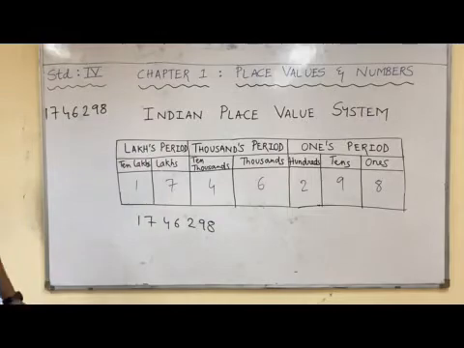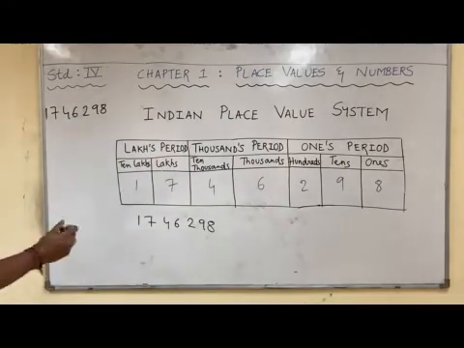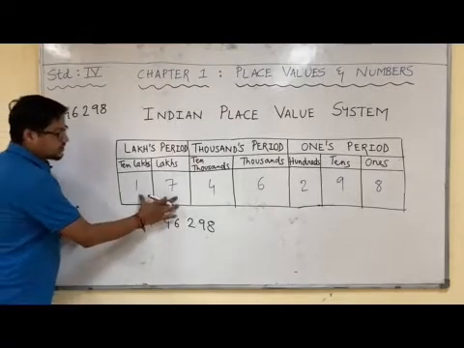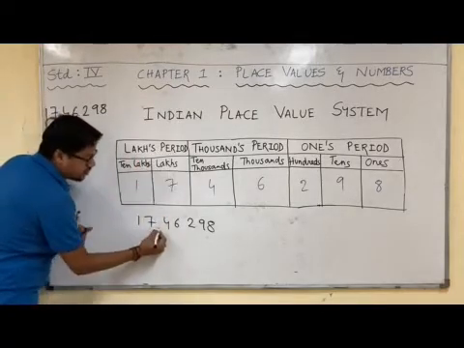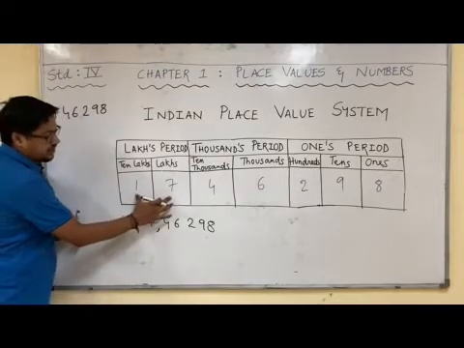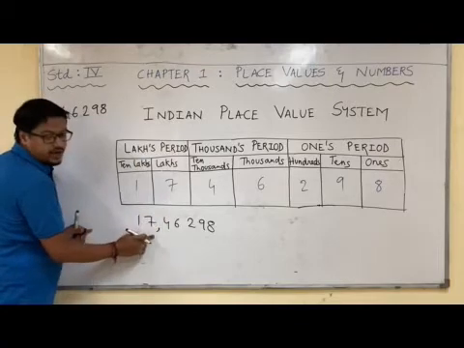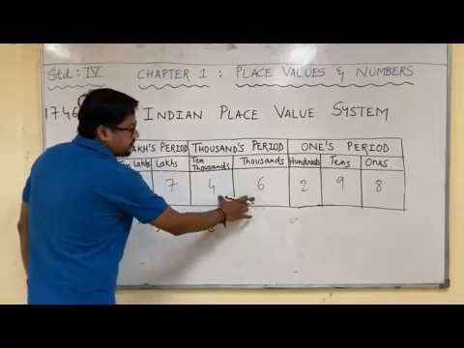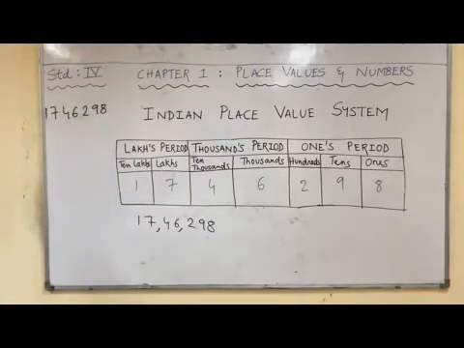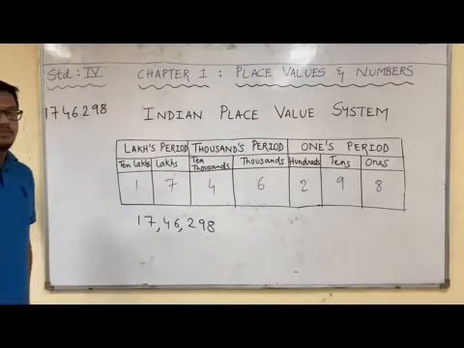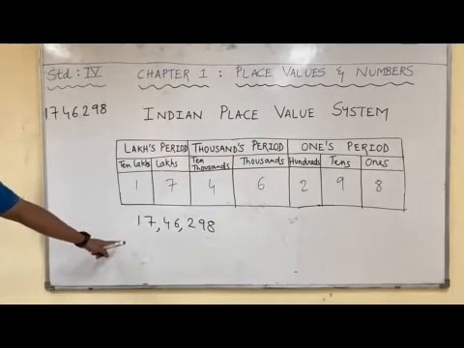Now pay attention. You might have seen many times in numbers there are commas. These commas are based on the period. These two numbers are in which period? Lakhs. So after this lakhs period gets over, we will put a comma. These two numbers are in which period? Lakhs. So once this lakhs period gets over, we are putting a comma. These two numbers are in which period? 1000. So once the 1000 period gets over, we will also put a comma. This is the standard way to represent the number. This is not compulsory, but just for your understanding, I am showing it to you.